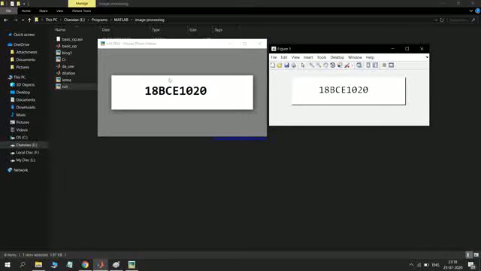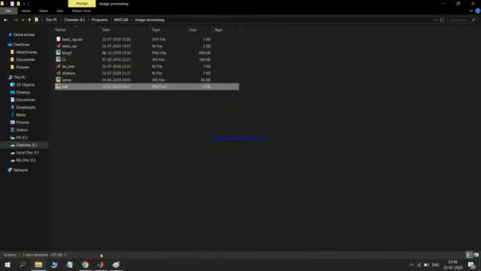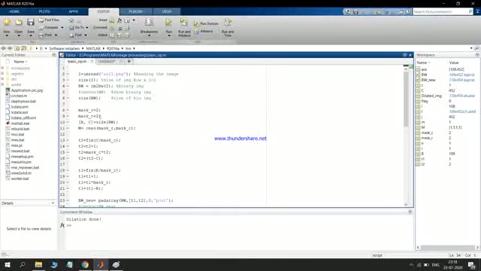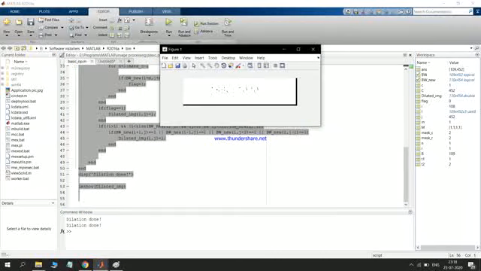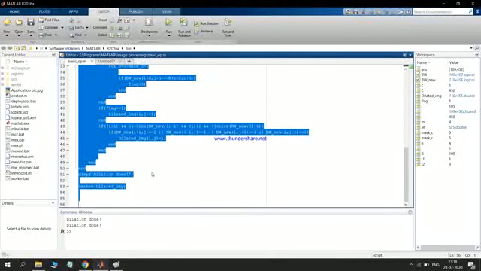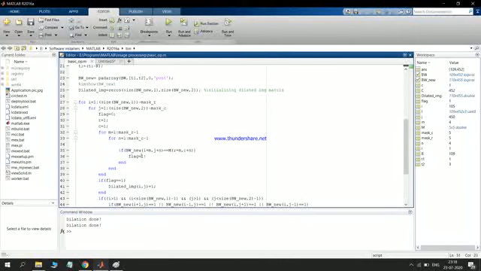The edges have become thick, and we can change this thickness also. If I change the dimensions of my mask, it will change. Let me give it 5x5. Now you can see it is almost vanishing. If I give some big number like 15 or 16, it will vanish completely.